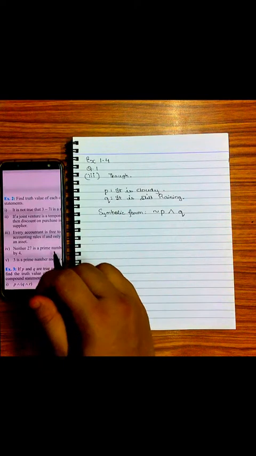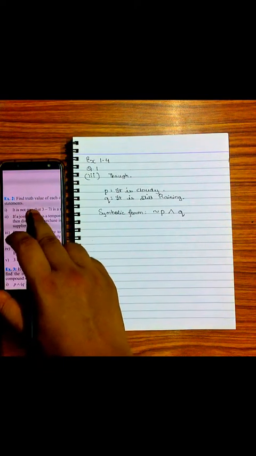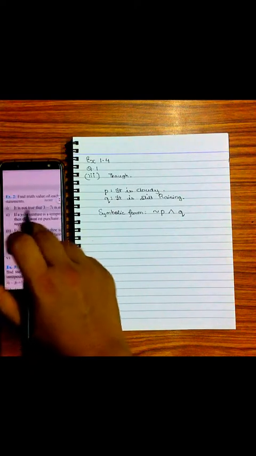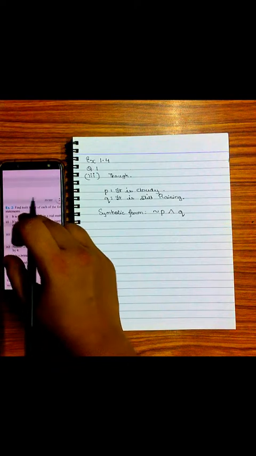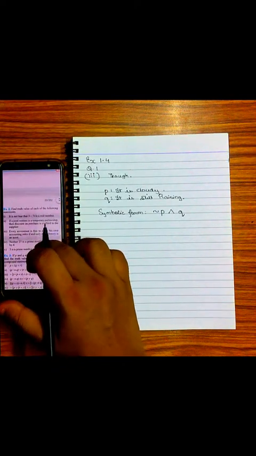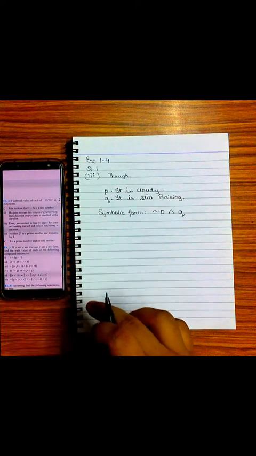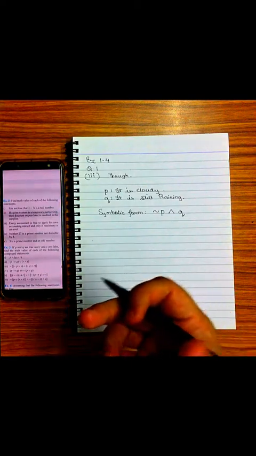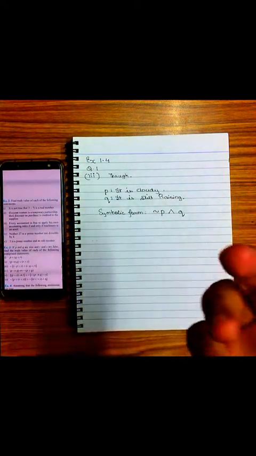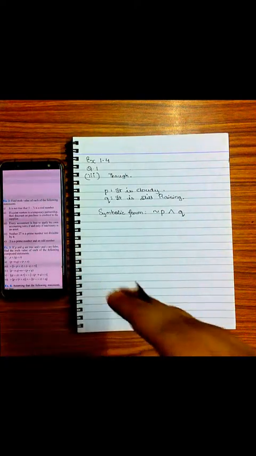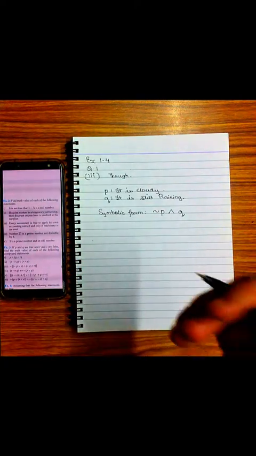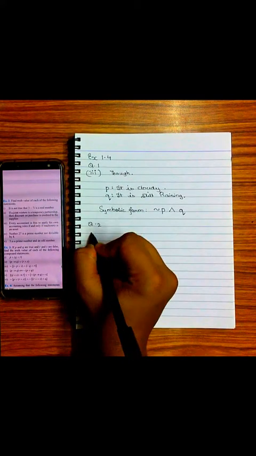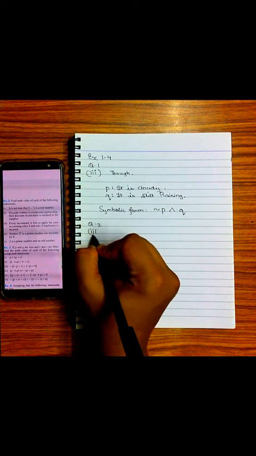Now coming on to your second question. What does the second question say? Find the truth value of each of the following statements. So now over here you will be given a compound statement with all your connectives. So you have to identify which connective is used in the compound statement, and accordingly on the basis of its truth table you have to find out the truth value of the given compound statement. Okay, so here also question number 2, here also I will be solving your third part.